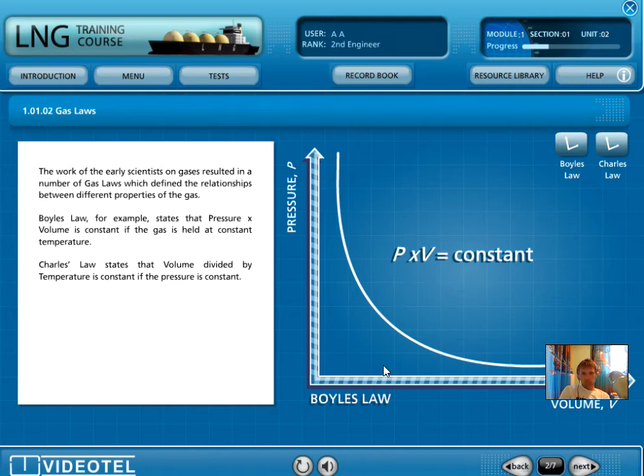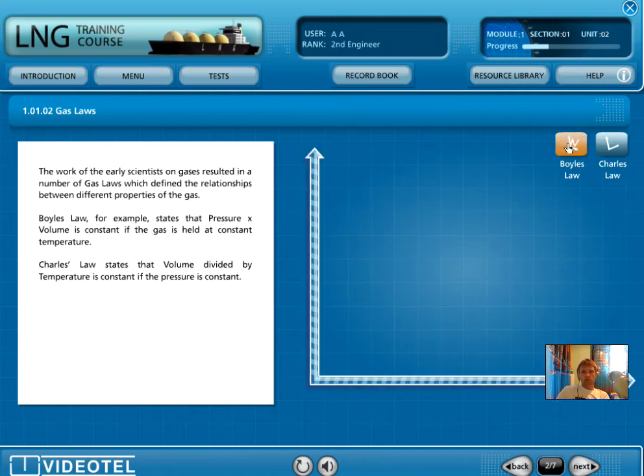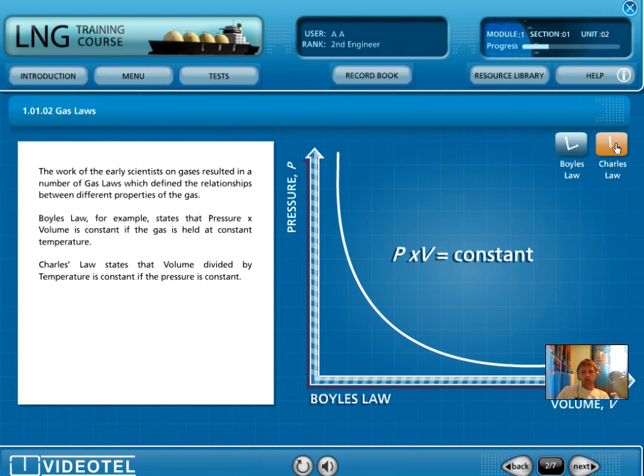Boyle's law, for example, states that pressure times volume is constant if the gas is held at constant temperature. P times V equals a constant. Charles' law states that volume divided by temperature is constant if the pressure is constant. V over T equals a constant. Boyle's law, Charles' law,